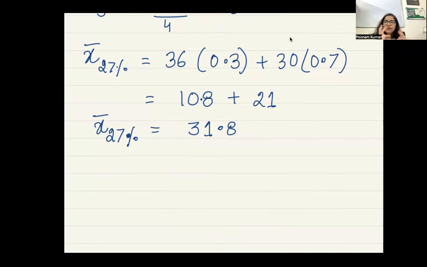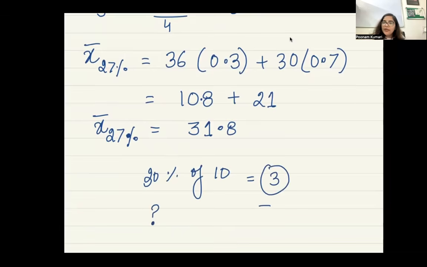So when we remove observations, how do we remove them? We find whatever percentage I tell you. Let's say I give you 30%. So what do you do with this 30%? You do 30% of 10 and that gives you 3. So what you do is you remove 3 from both sides, right? Yes, ma'am. So they are asking what percentage should I tell you to trim so that this percentage of trimming turns out to be 1. Then you remove 1 from both sides. So they are asking what is this percentage?